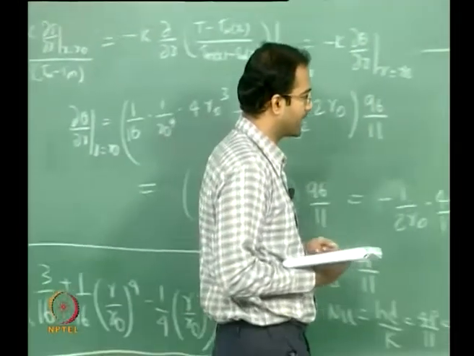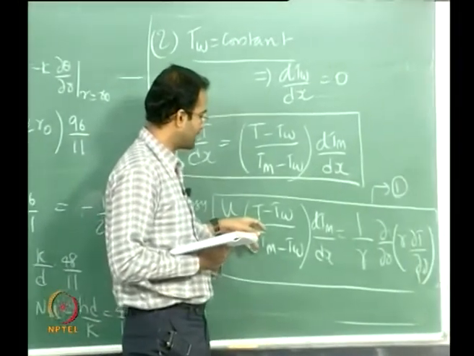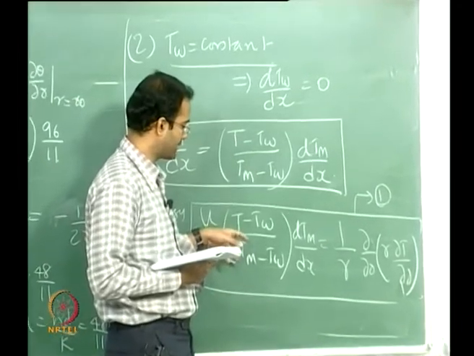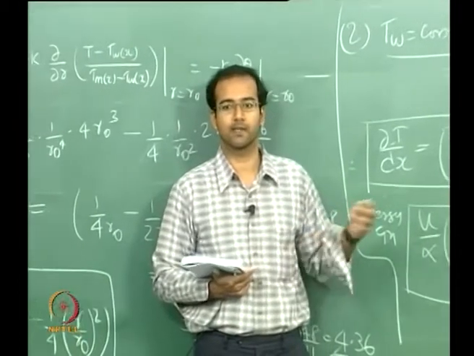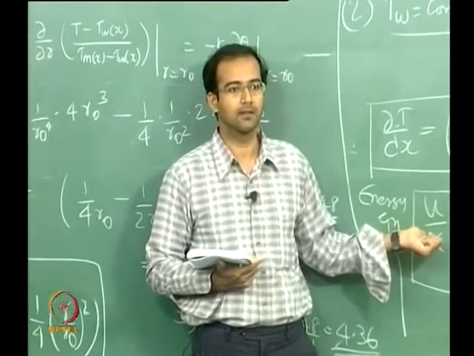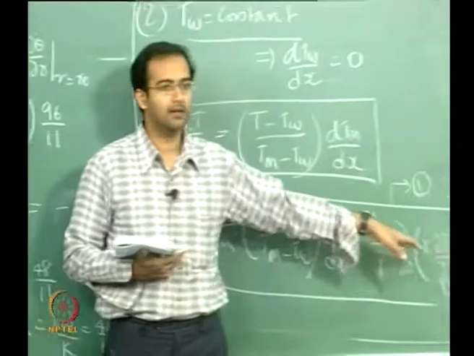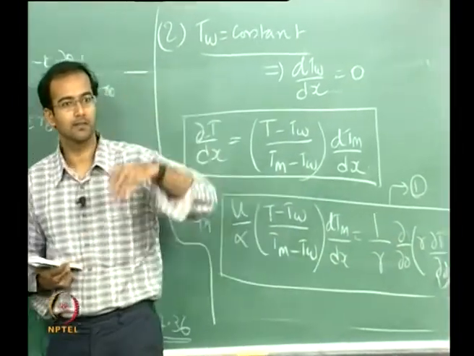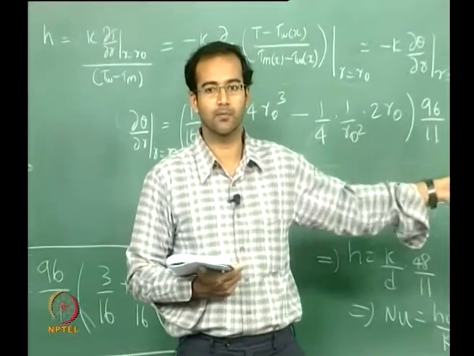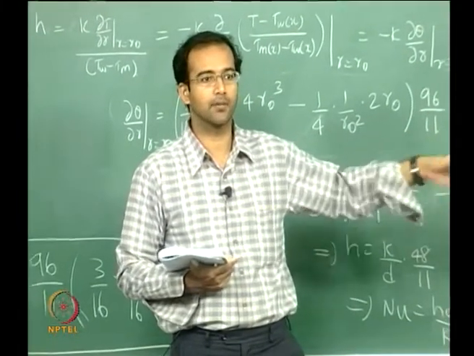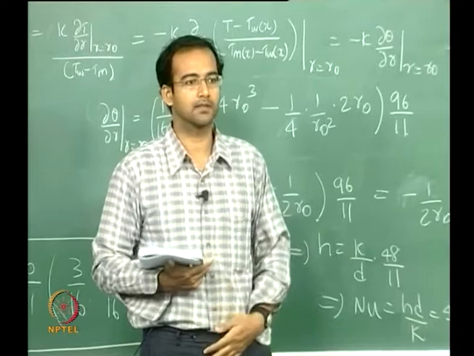One way of doing it is you can guess some value of temperature profile, preferably from the earlier constant heat flux case, and substitute it as a first guess. Then you can integrate it along the radial direction, get a new temperature profile, and again keep putting it on the left hand side and keep doing it until you reach a converged solution.